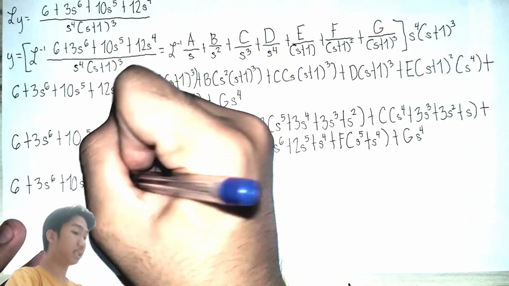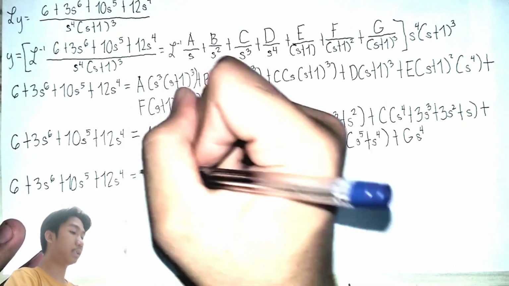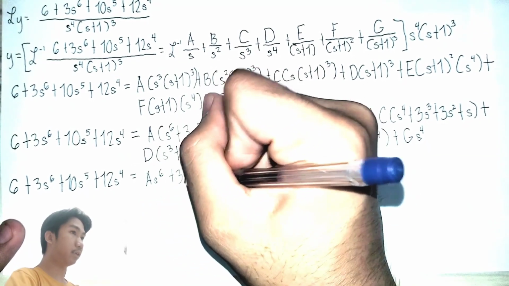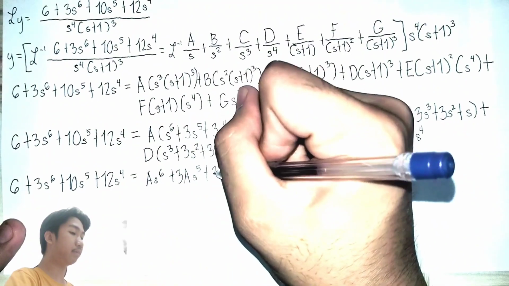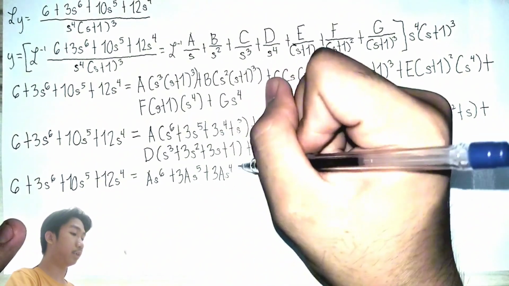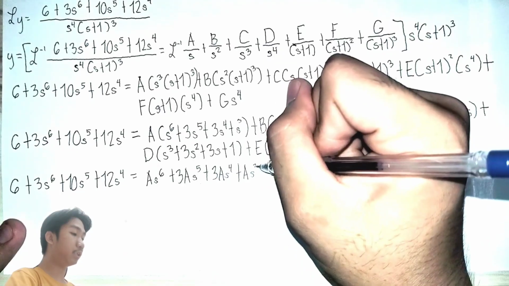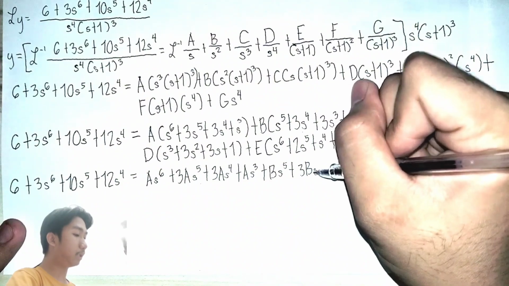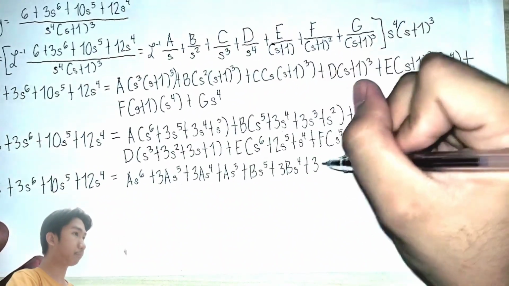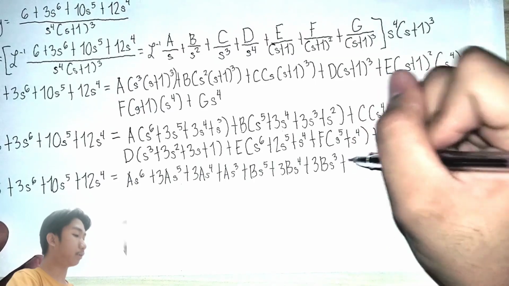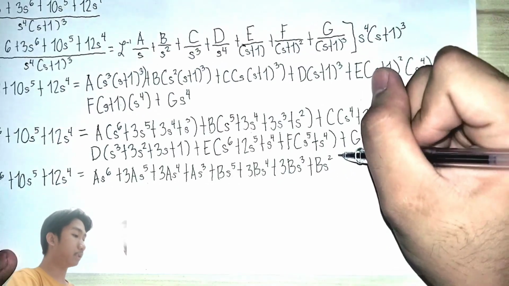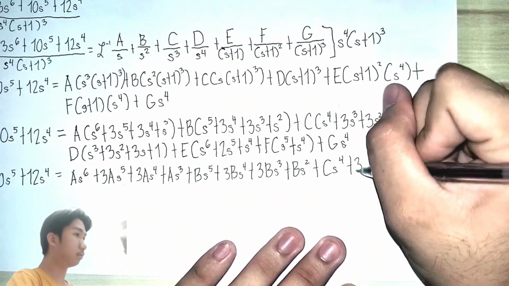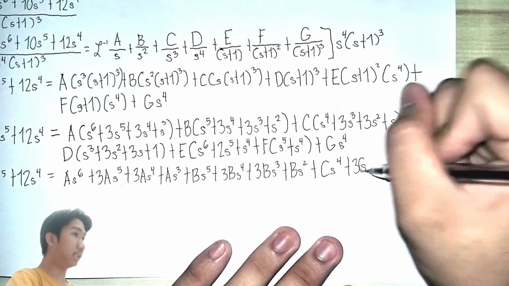That would be 6 plus 3s raised to 6 plus 10s raised to 5 plus 12s raised to 4 is equal to as raised to 6 plus 3as raised to 5 plus 3as raised to 4 plus as cubed plus bs raised to 5 plus 3bs raised to 4 plus 3bs cubed plus bs squared plus cs raised to 4 plus 3cs cubed plus 3cs squared plus cs